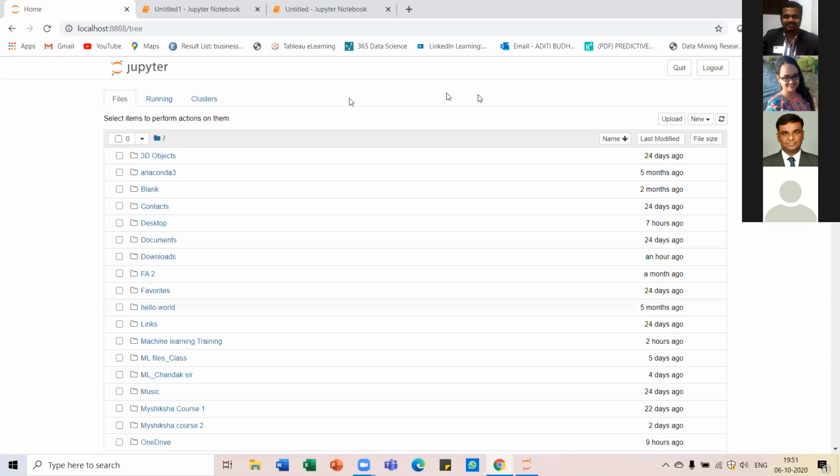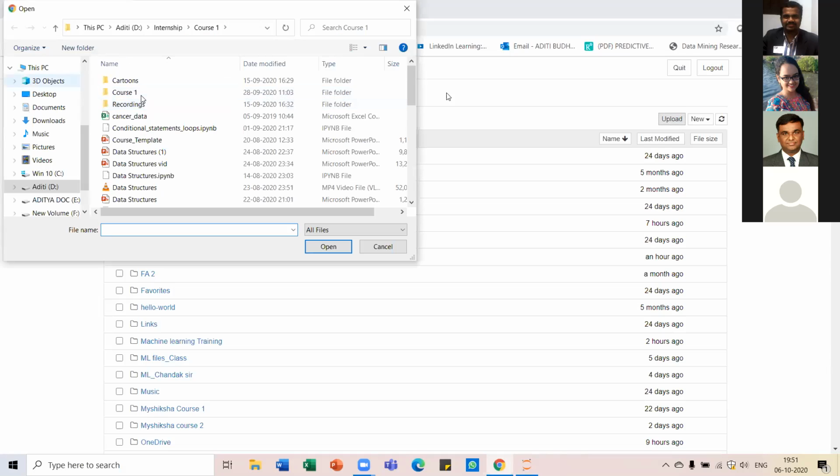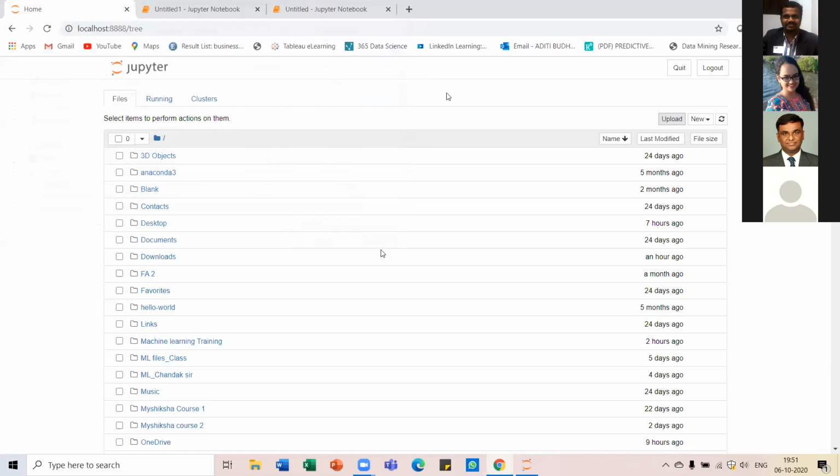You'll be getting those notebooks, and you can just press this upload over here, and then you can go to wherever you have saved that notebook and just open it over here. So this way you can use the notebooks which we will be sharing with you in the coming sessions. Okay, so this is this option over here.